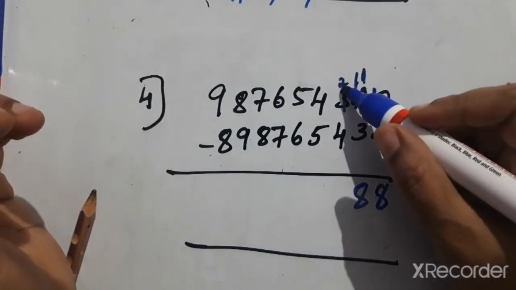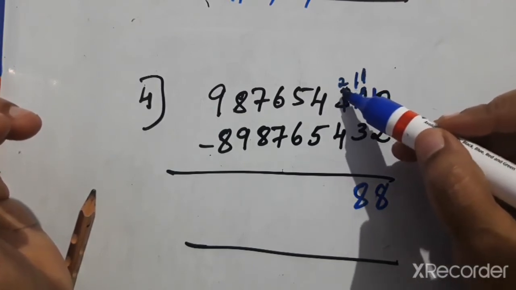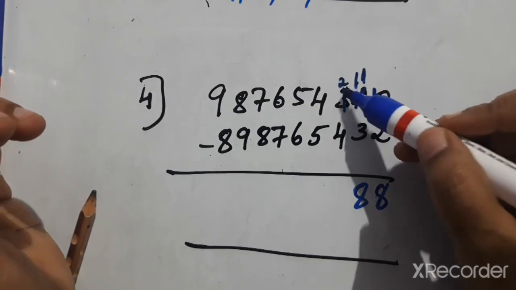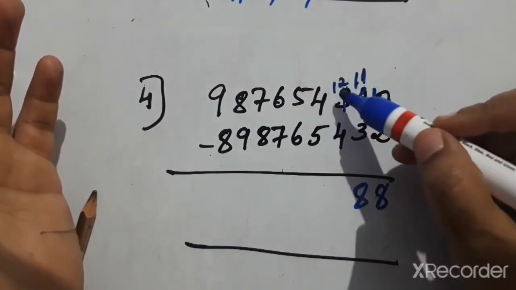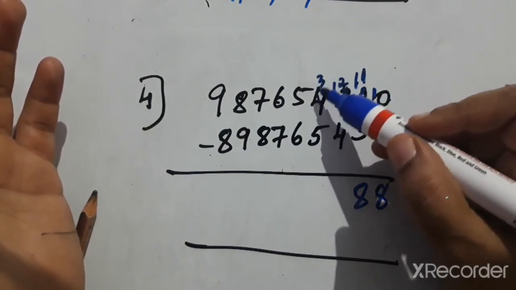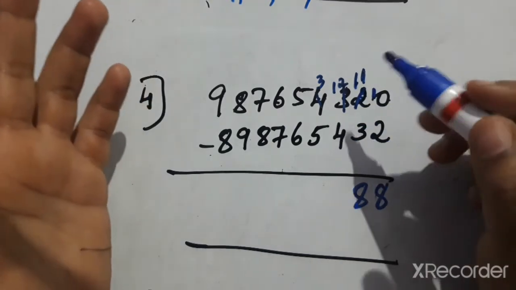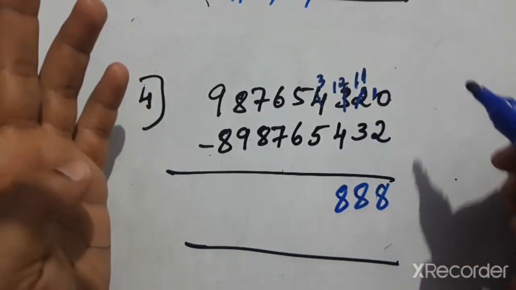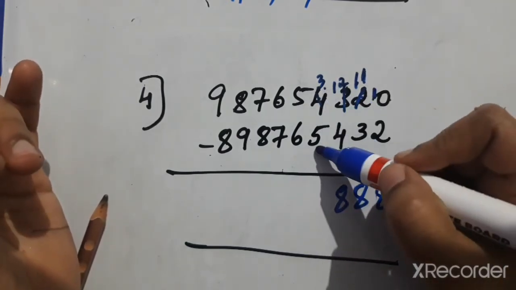Now here 2 minus 4 we can't subtract because this is a lesser number. The first line number should be greater. So borrow 1 from our friend. So it becomes 12 and 4 is now 3 because he helped his friend. Now 12 minus 4 means how much? 8, 9, 10, 11, 12. 8.